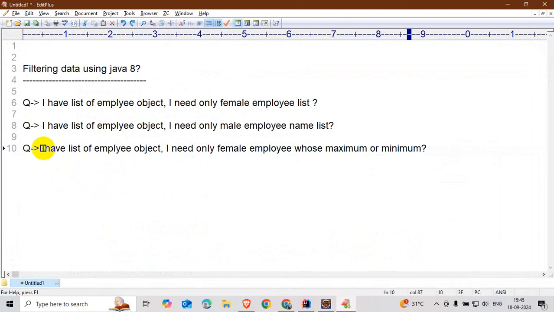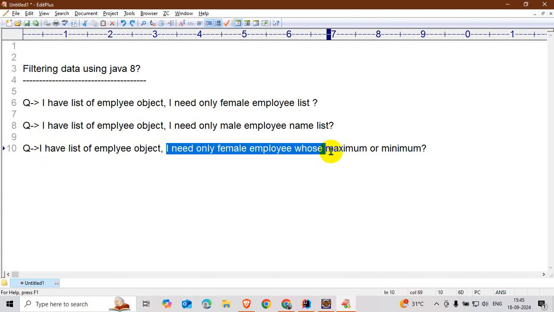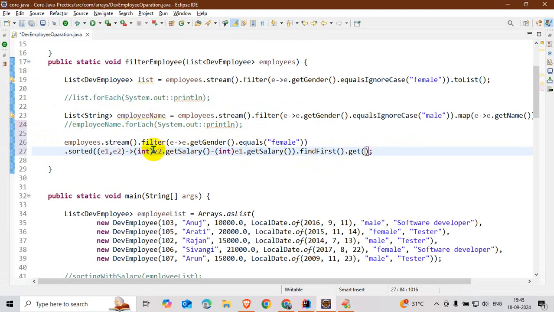First of all I understand the question: I have a list of employee objects, and I need only the female employees' maximum salary and minimum salary. So here I write the logic. First I created the stream of objects. After that I filter the data, whose gender is only female.